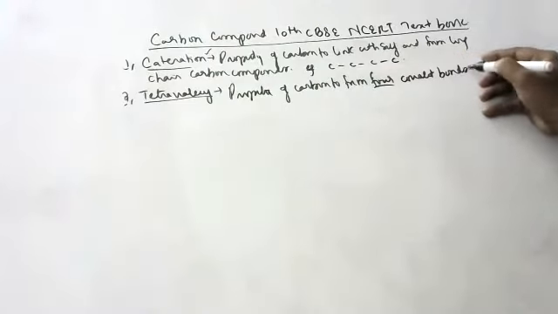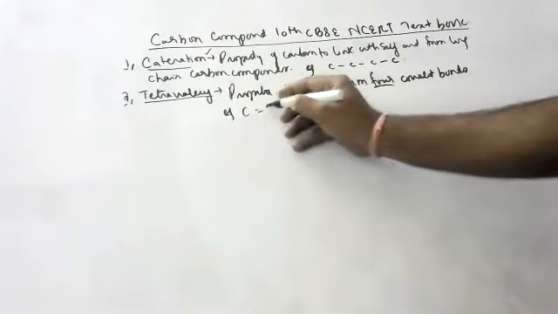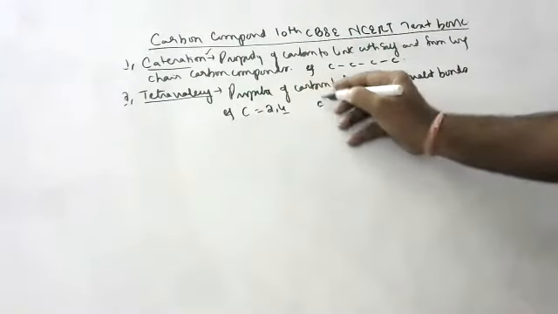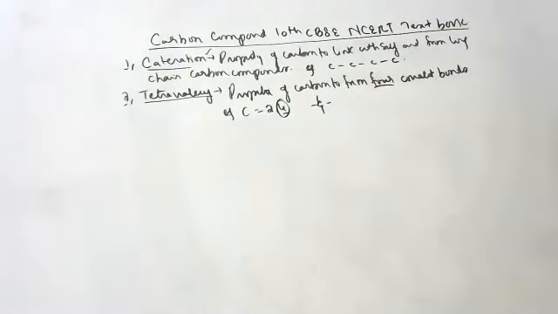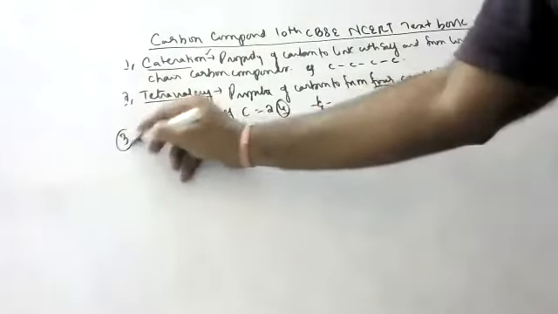Okay, children, if you see, carbon is 2, 4. It has four electrons in the outermost shell, so it will form four covalent bonds. Property of carbon to form four covalent bonds. Because of this tetravalency and catenation, it forms millions of compounds.